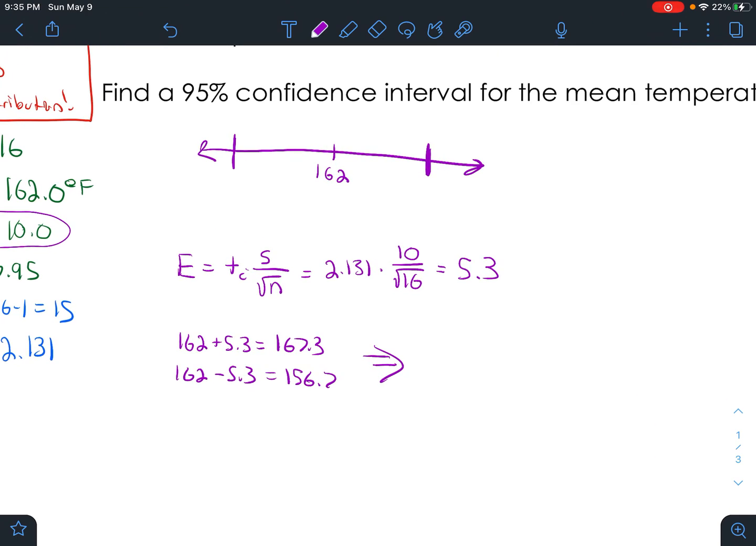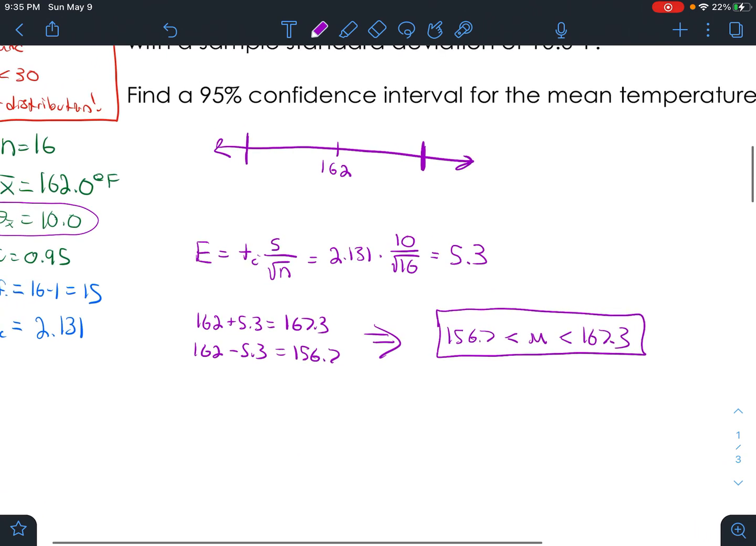That means that my confidence interval is 156.7 all the way to 167.3, just like that. Perfect. And this again means that I'm 95% confident. So we can say with 95% confidence,